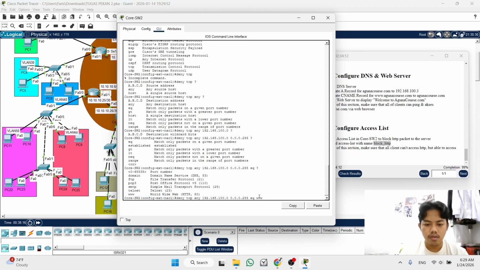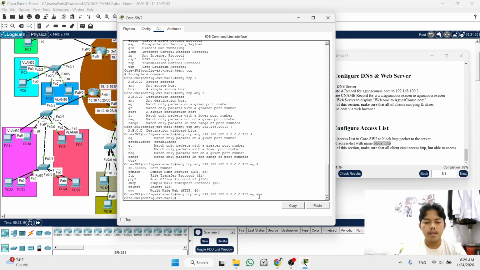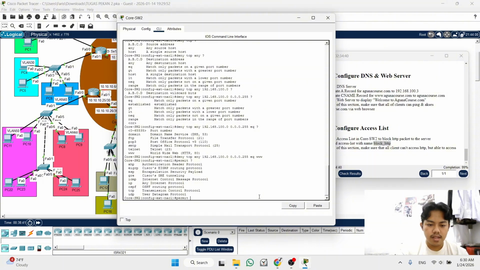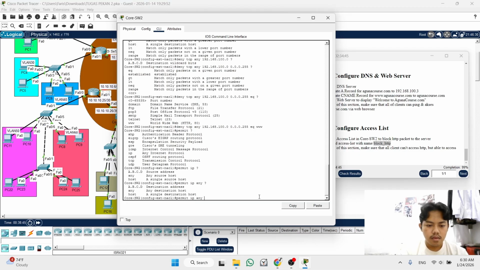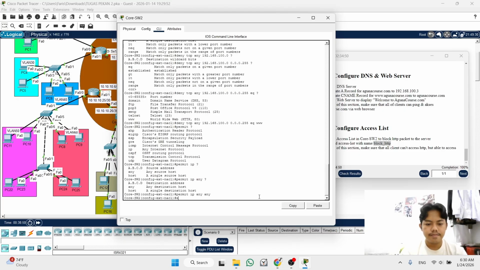Okay, then you enter. After we deny the access, now we will permit access to all IP except HTTP. Okay, you write permit IP, so the source any, the destination any, then done.